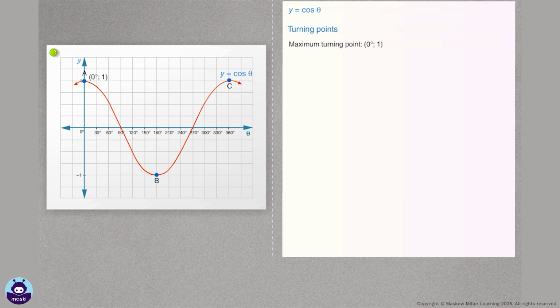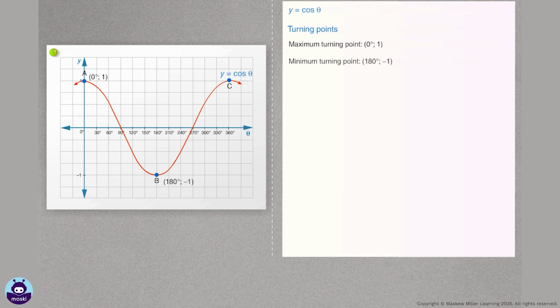beyond this y value. As we come towards the second turning point from the left, the y values are decreasing. As we go away from this turning point to the right, the y values are increasing. We can say that the point (180°, -1) is a minimum turning point, as the graph does not go